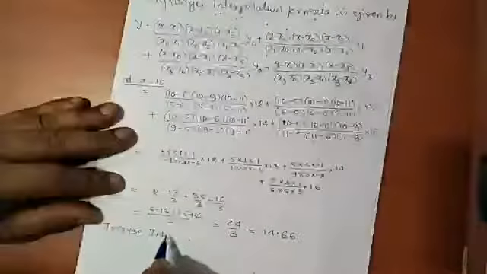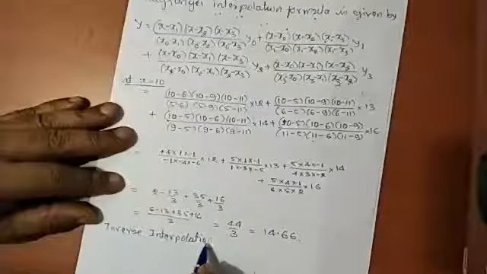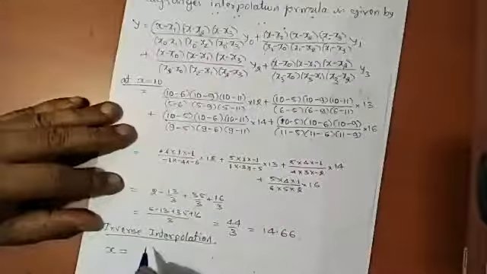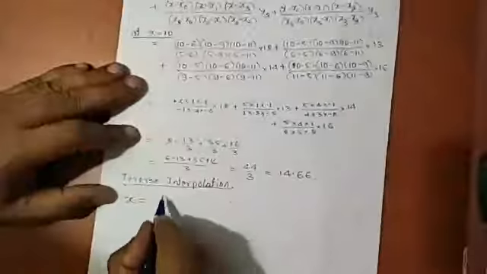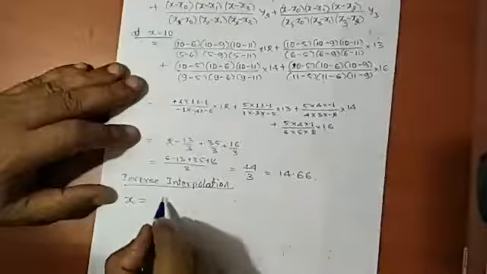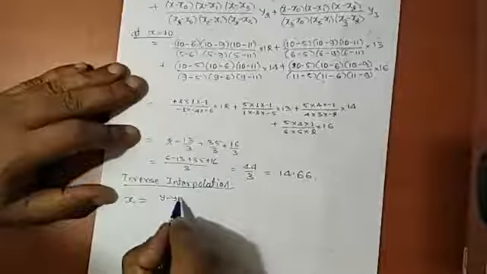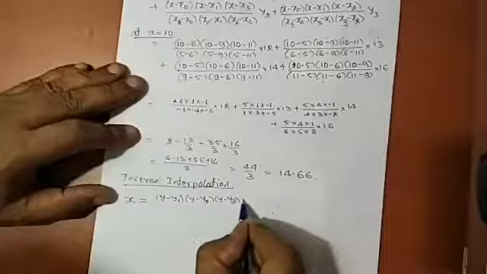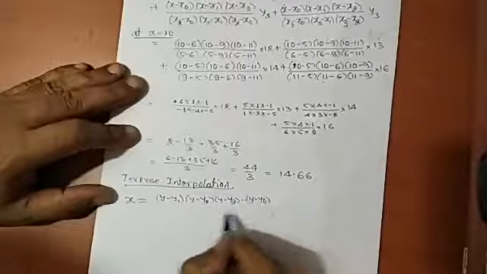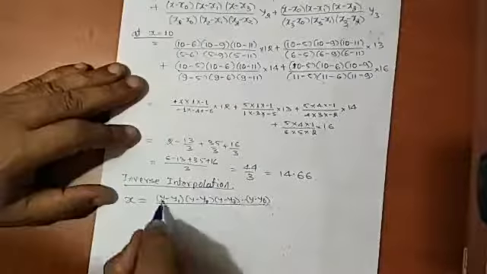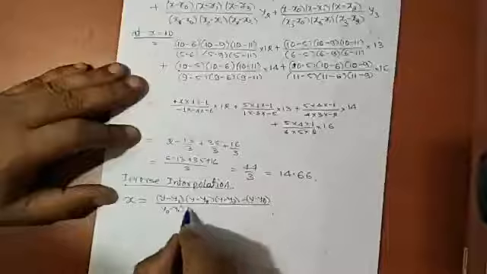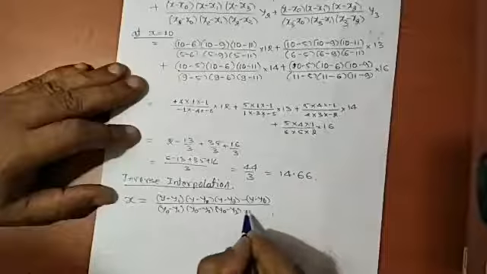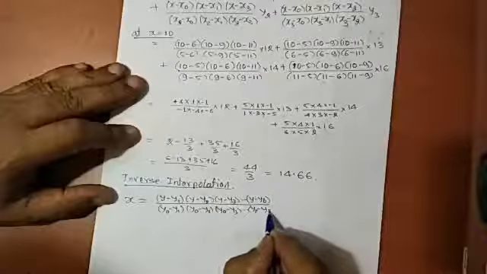Inverse interpolation. So that is given by what? See, instead of y, it is x. X is equal to, what I should do? I should write y instead of x on the right hand side. Y minus y1 into y minus y2 into y minus y3, so on y minus y6, because in my problem I gave you y. Then I should write y naught minus y1 into y naught minus y2 into y naught minus y3, so on into y naught minus y6 times x naught,